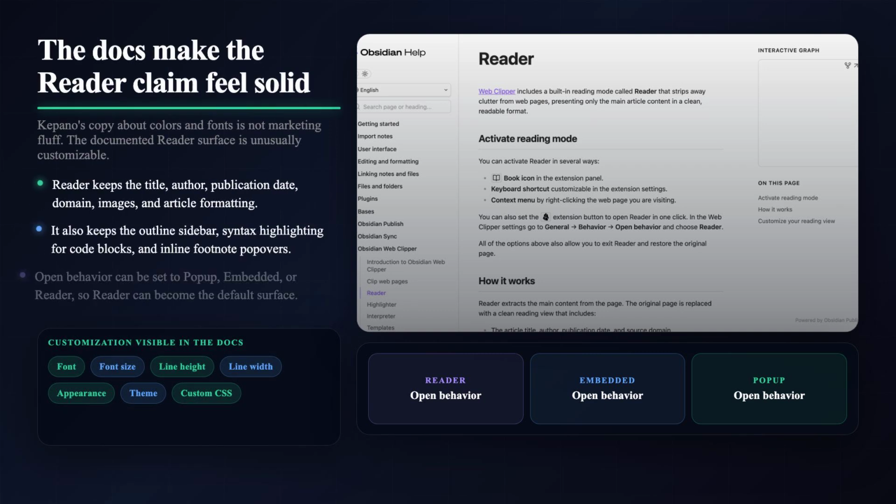Obsidian's own reader docs line up with what the video shows. Reader strips away clutter and keeps the main article content, author, source domain, images, preserved formatting, sidebar outline, syntax highlighting for code blocks, and inline footnotes. The customization options are unusually serious for a browser reading view. You can change fonts, base font size, line height, line width, light or dark appearance, theme colors, and even apply